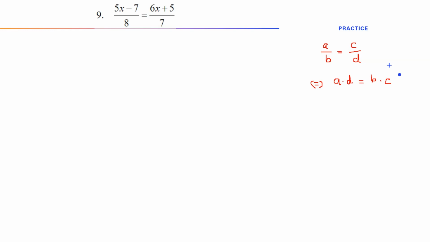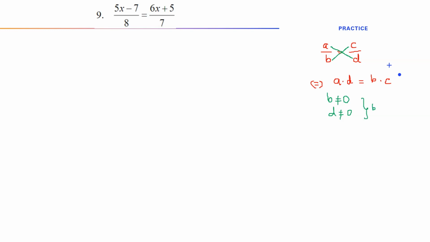The cross product is the same. So what does the cross mean? You cross a with d equal b with c. And making sure in this case, b has to be different from 0, d has to be different from 0,